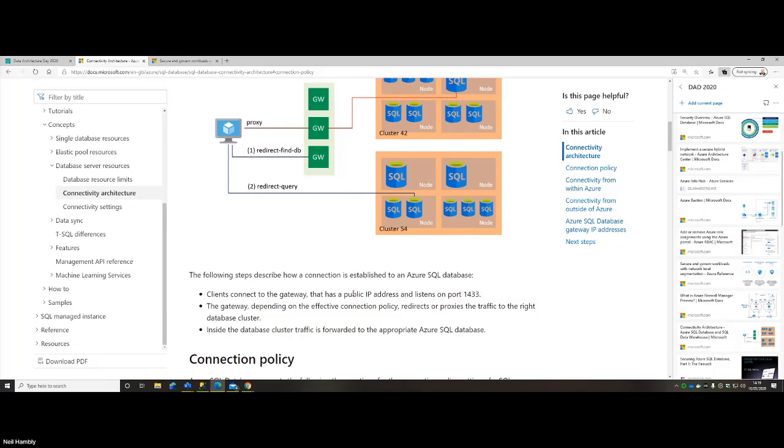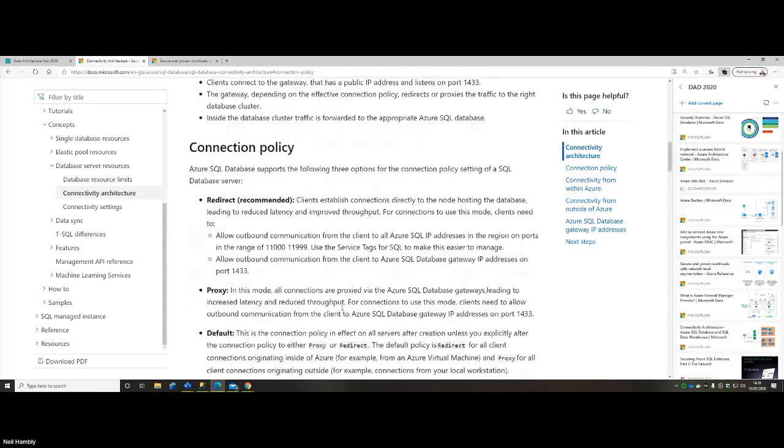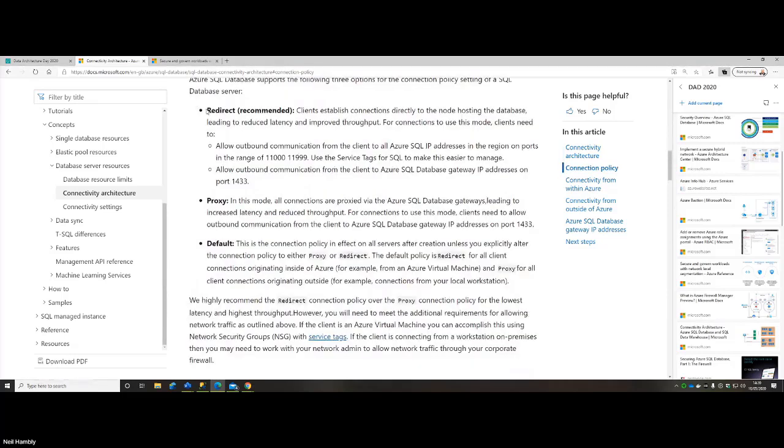So we can set up private IP addresses using the redirect, and we've got some rules inside of the virtual networks and gateways we can set up that allow us to get all that working. We're going to show you how to do that, but essentially, it's recommended you use the redirect.